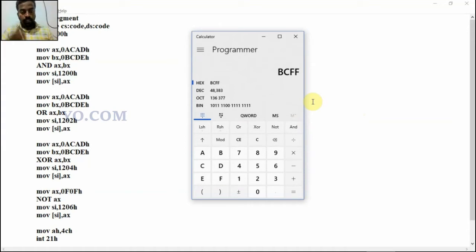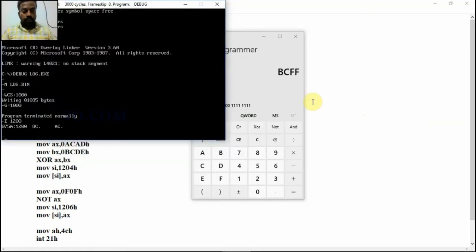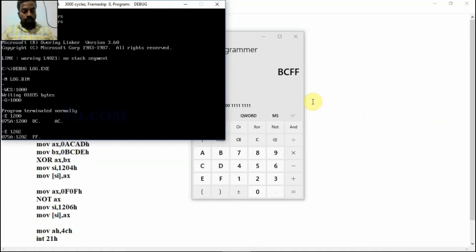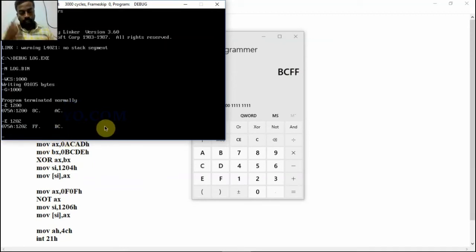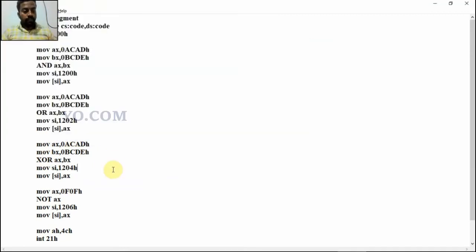The result is BCFF. So we will see the result. E space 1202. The result is BCFF. The lower 8 bits are stored in the first address, the higher 8 bits are stored in the next address. Similarly for the XOR operation.